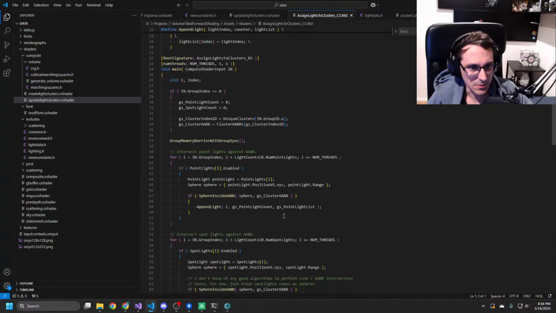And here is where he goes through that. But he goes through all the point lights. I mean, maybe we do that.